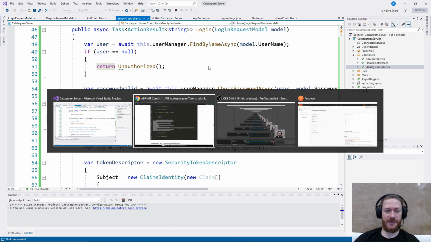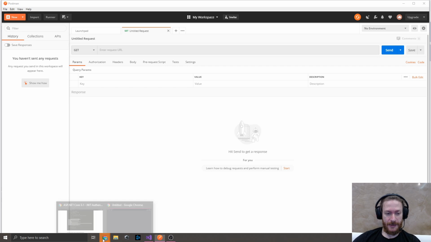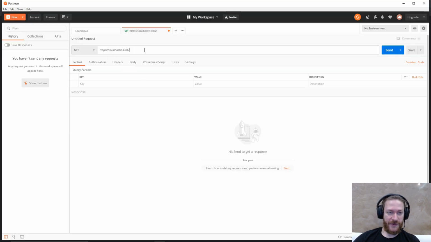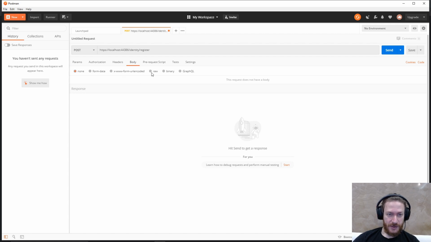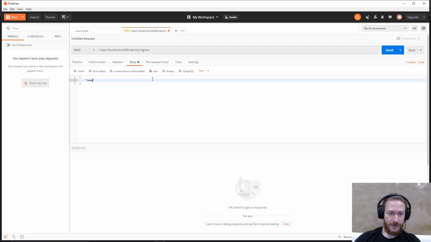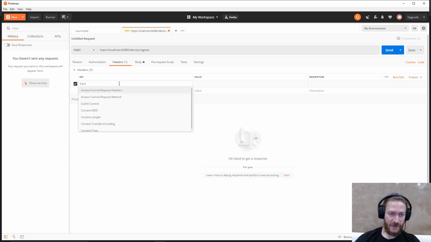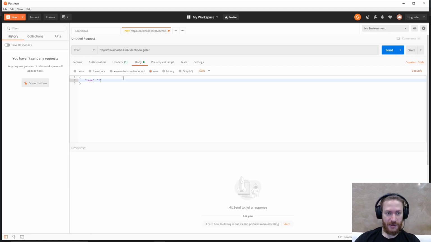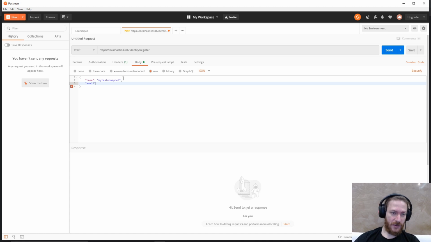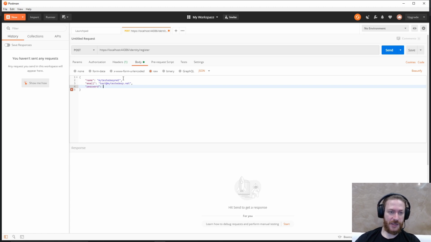Let's start the API. Let's go to Postman and let's create some requests. This is the URL. First, I need to add a POST request to identity/register with some body here, saying, first let's specify the content type to be application/json, like this. Then name, let's say I tested ASP.NET. I'm going to add an email, which is test@test.com. Let's use this email, and password is,